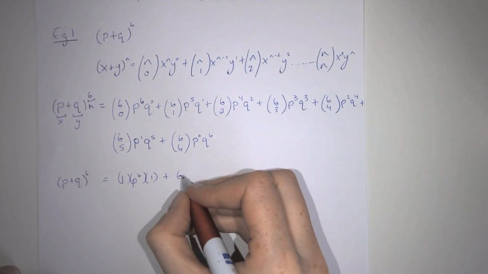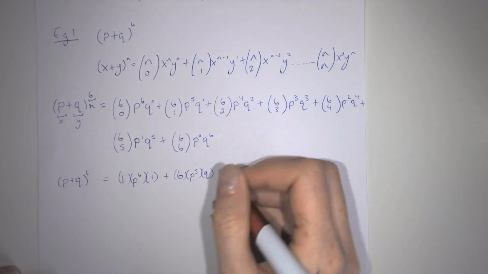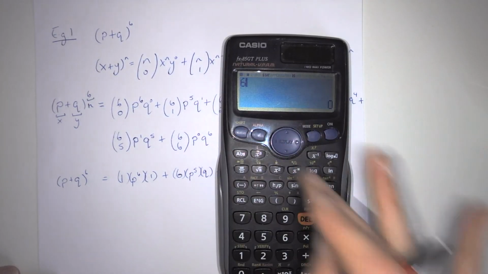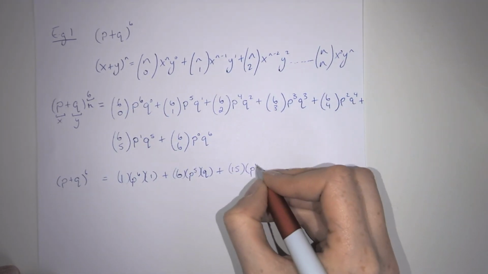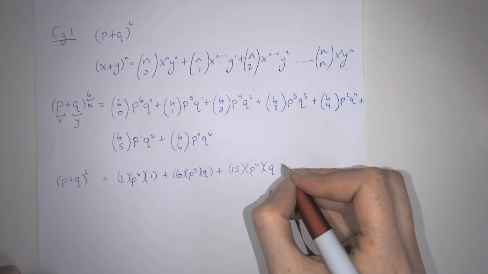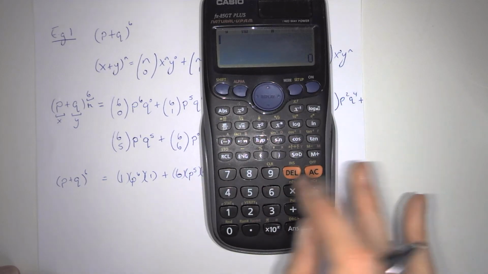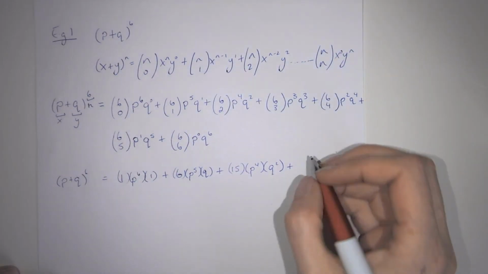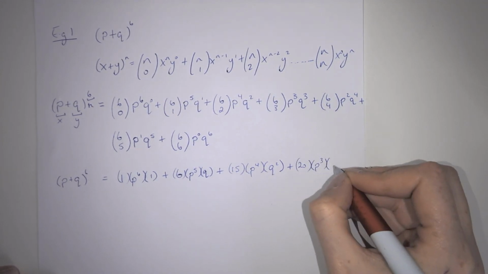So it's 6 by p to the 5 by q to the 1, which is just q, plus, again, 6C2, which is 15, plus 15 by p to the 4 by q to the 2, plus 6C3, which is 20, so it's 20 by p to the 3 by q to the 3,